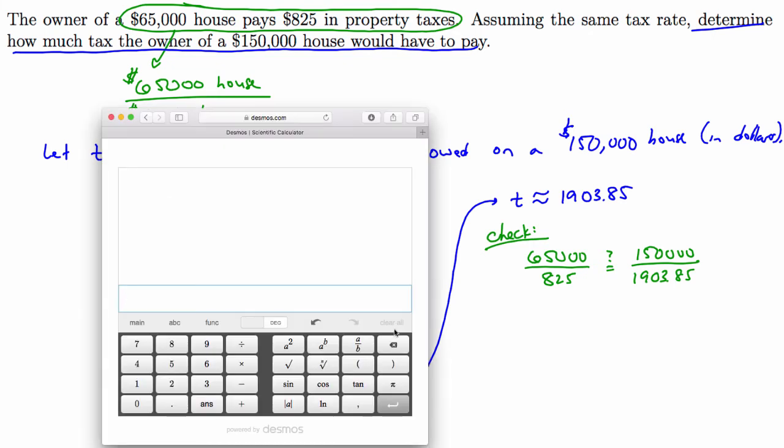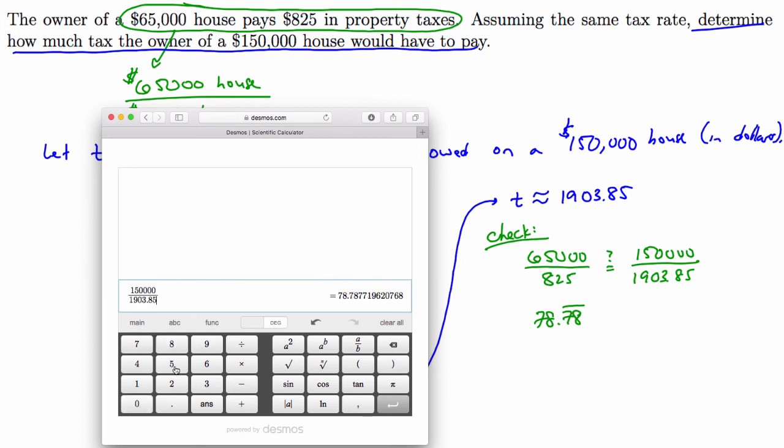On the left side of the equation, we have 65,000 divided by 825, and our calculator returns 78.78787878, repeating. When we write this down in the check area, I will write it as 78.78 with a bar over the 78. Clearing that out, now typing in 150,000 divided by